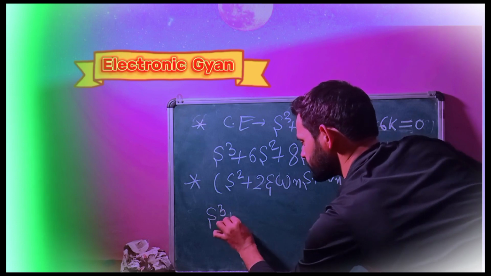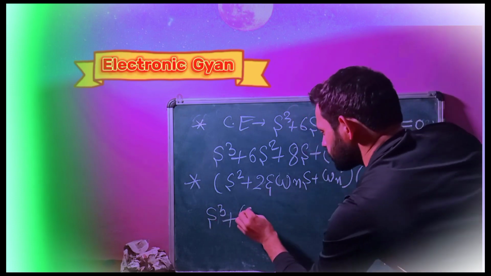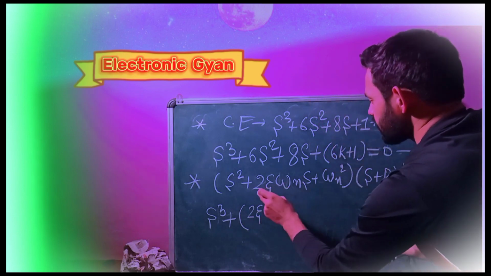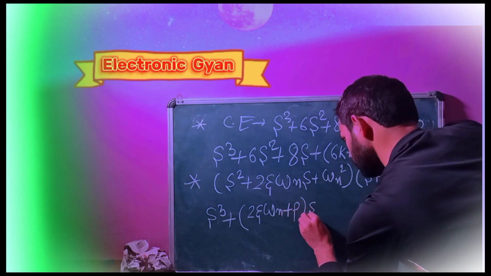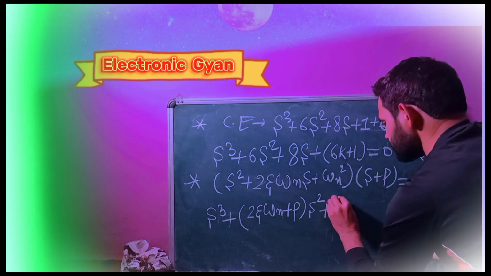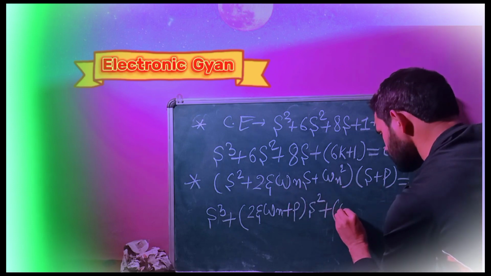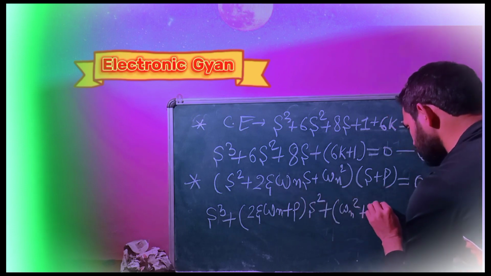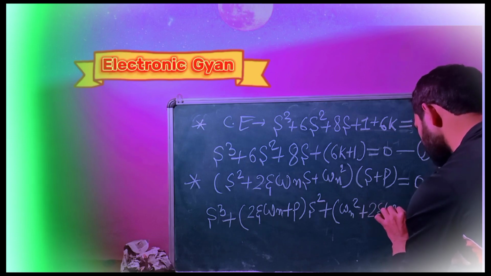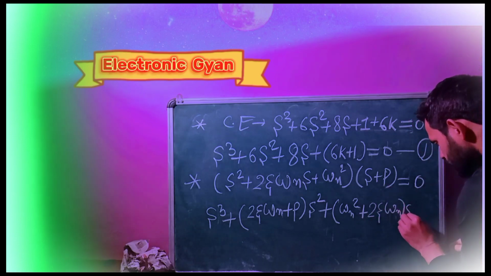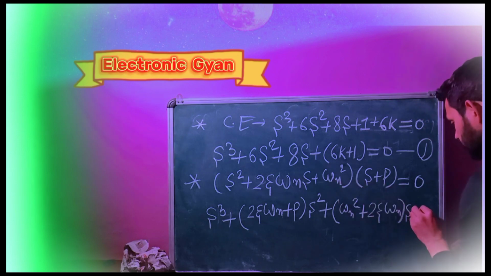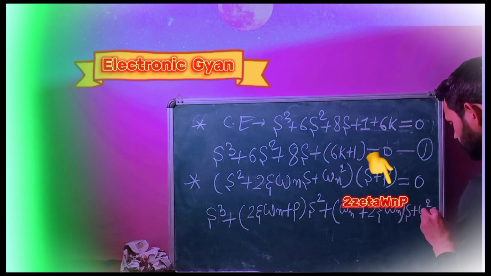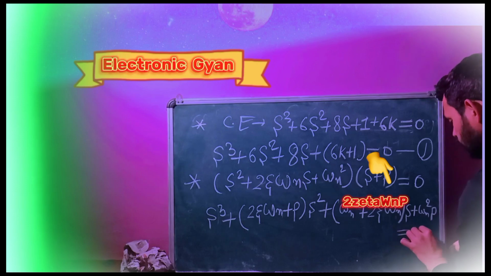It will come s cube plus (2 zeta omega n plus p) into s square plus (omega n square plus 2 zeta omega n p) into s plus the constant omega n square p, equal to 0,